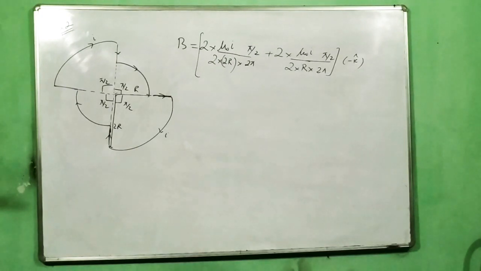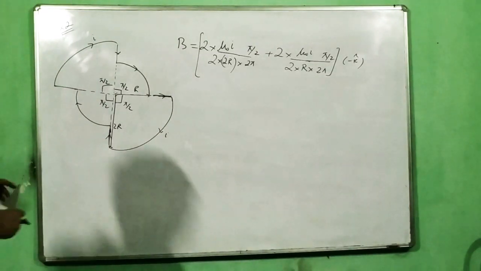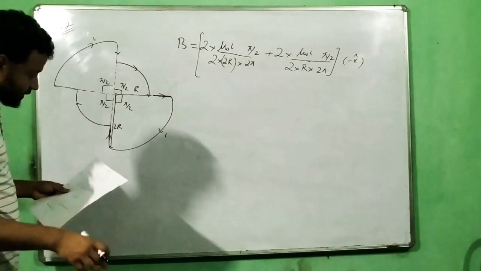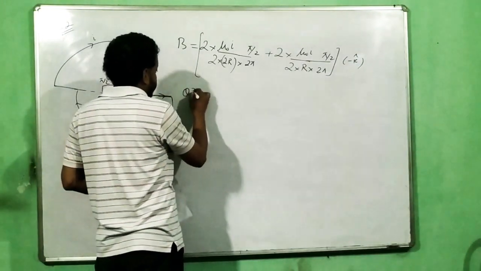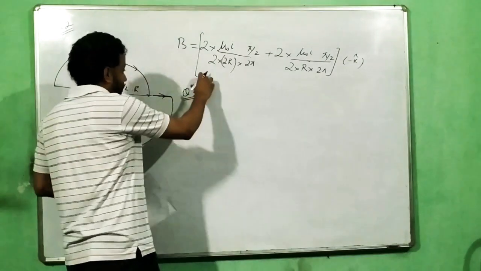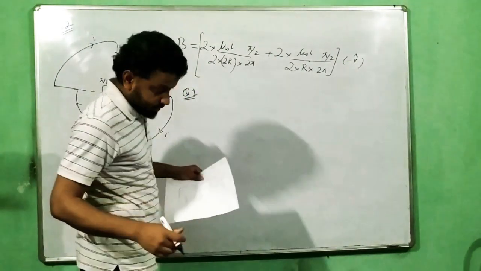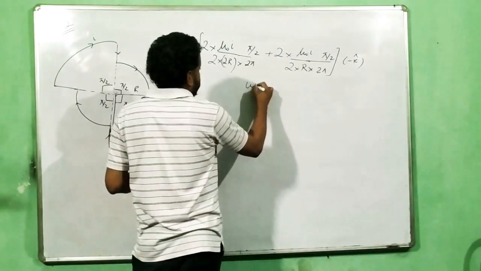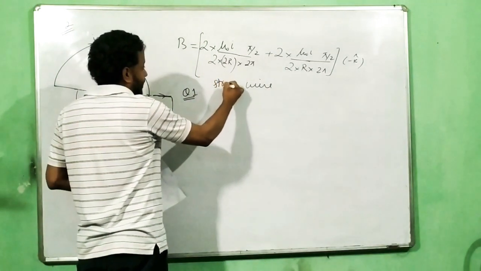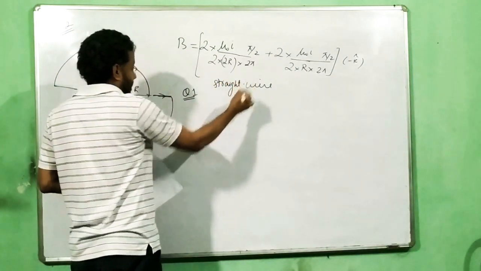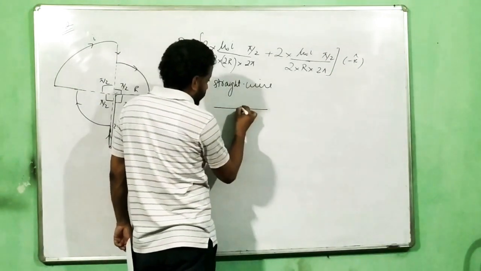Okay, now let's go with some straight line questions: straight rod, infinitely long wire questions and finite. Let us consider question number 1, I will start with question number 1 because it's a different area. Now I am dealing not with circular wire but with straight wire. So first to warm up is this question.